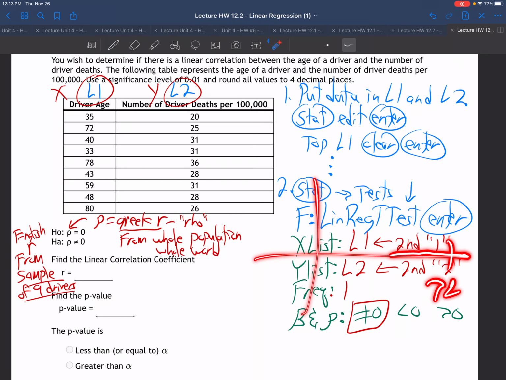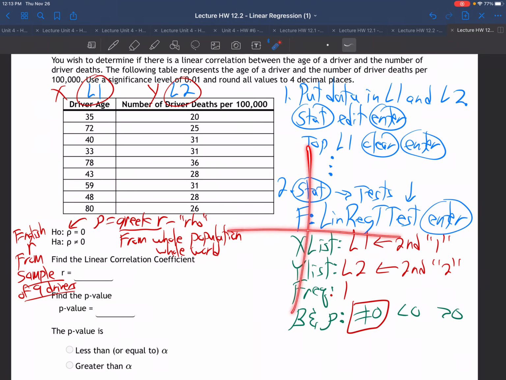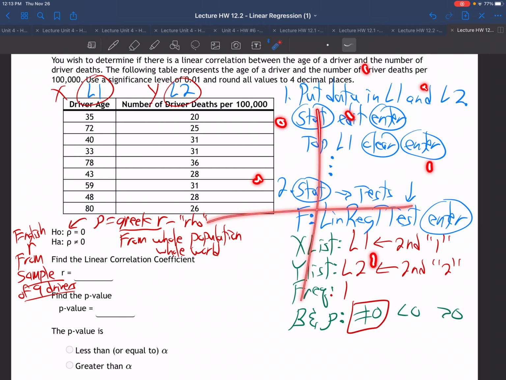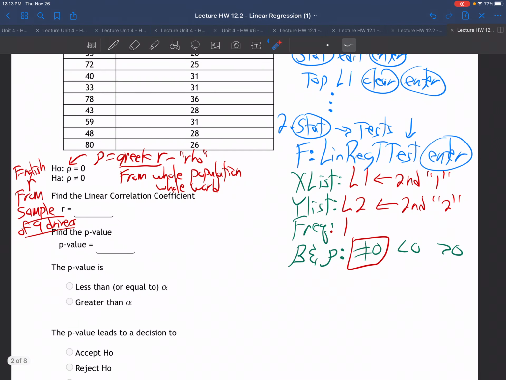Over 72 up, etc. What you'd get is a bunch of different dots, and the question is, would they line up like kind of a straight line? Or would the dots just be random everywhere, not making a line at all? We could look at a graph, but we have a calculation which tells us that, called the linear correlation coefficient. Remember that R is the linear correlation coefficient, and that when R